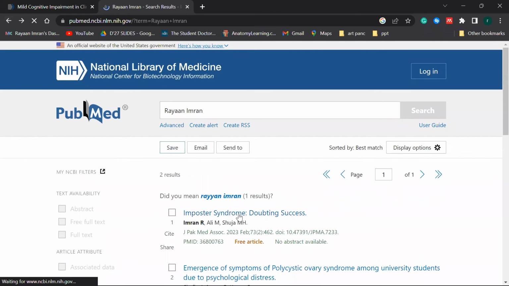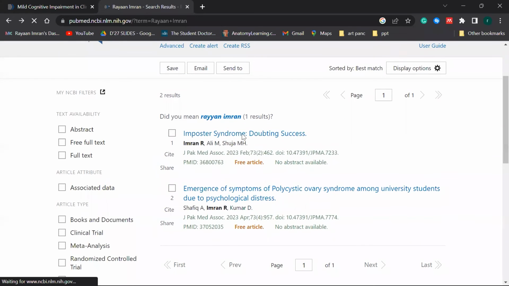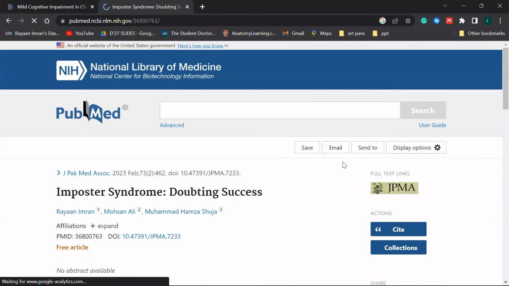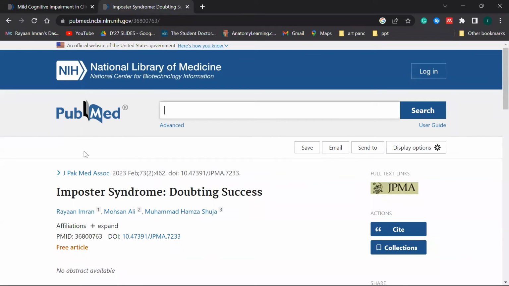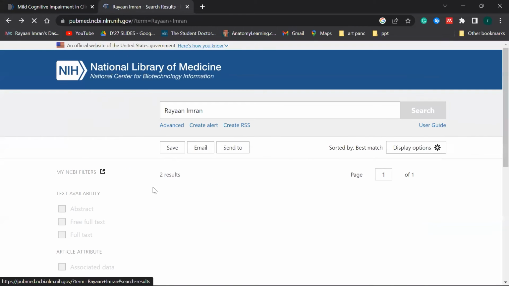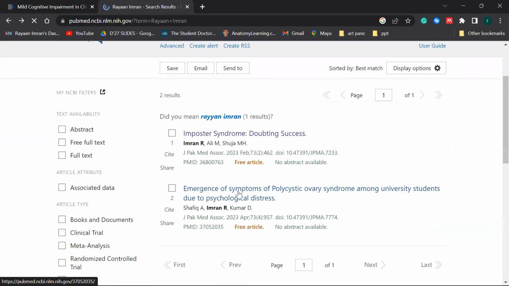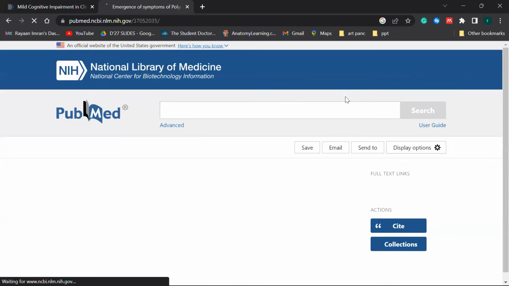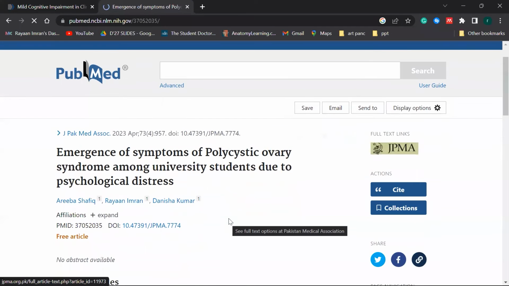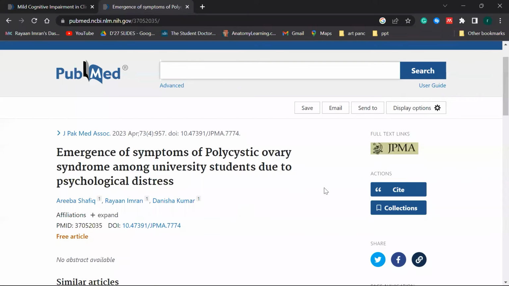Matlab uski jo hum articles daalenge na, wahan pe yahan PubMed nazar aayega. So if I show you my article here, JP maine publish kiya hua hai, theek hai, lekin yahan par aa gaya hai, mujhe ek DOI diya gaya hai, mere associates and my name is also there. And then there is, of course, the emergence of polycystic syndrome, okay, wo bhi JP mein hai, and it's PubMed indexed. The ones that are not PubMed indexed, you can publish there as well. It will be considered publication, but it won't be on PubMed when you search it. That's pretty much it. I think that should pretty much cover this entire thing.